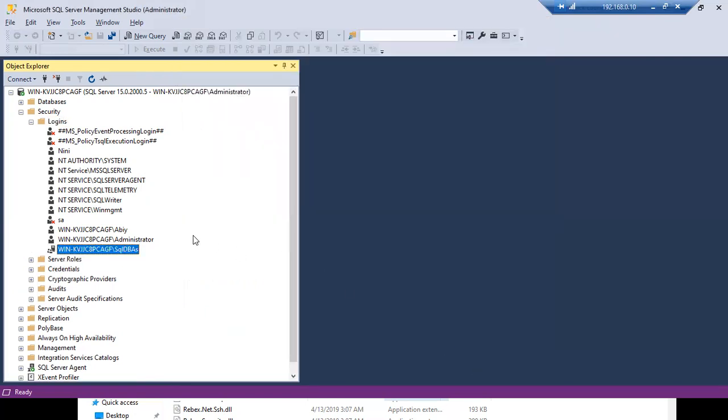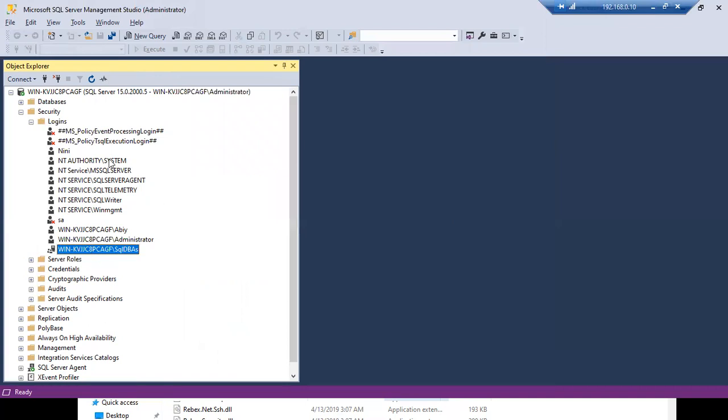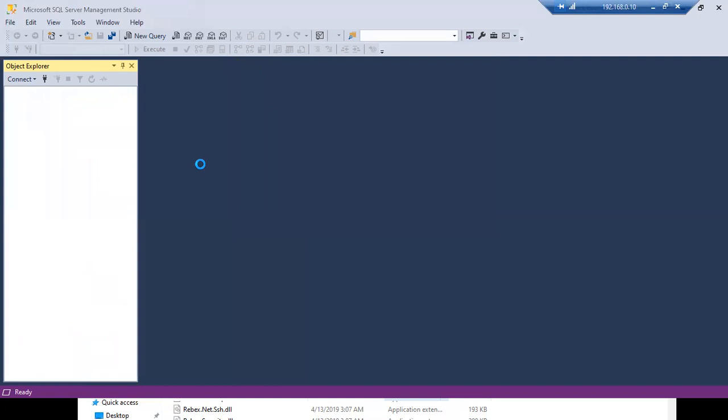Now tell me, guys, Dilip is able to connect or not? Dilip is not there in this list, but is he able to connect or not? Guess it, guys. Yes, he is able to connect. As part of the group we can connect. So now let me show you Dilip is able to connect now. Why? Because